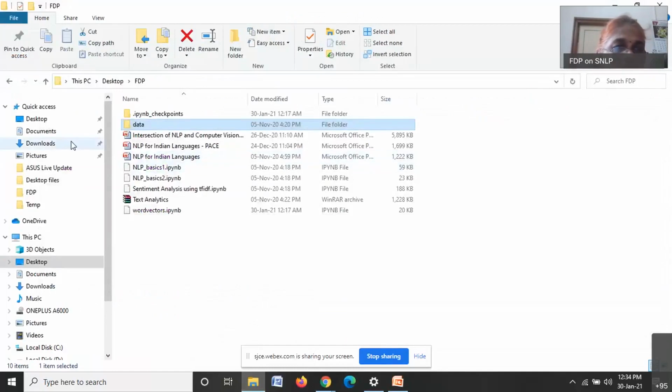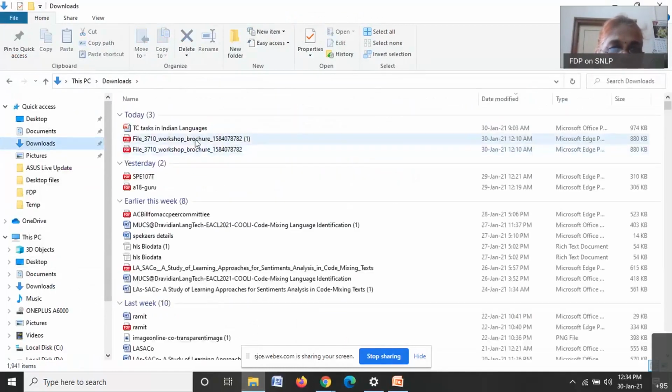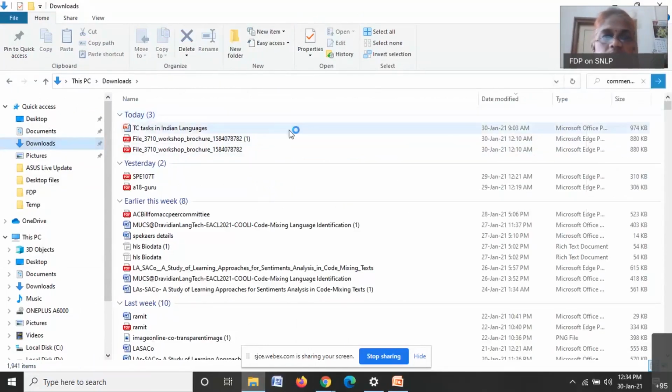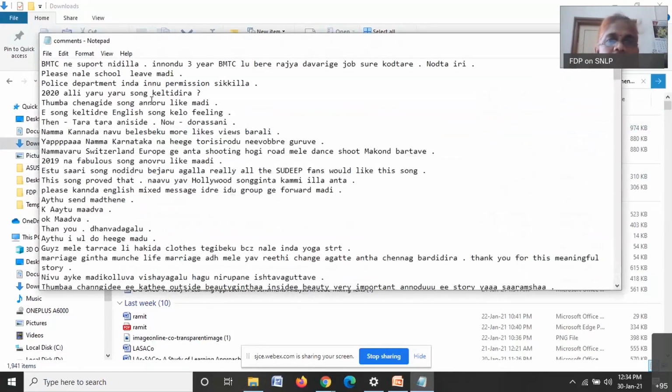The text that I have here is like this. These are the comments. I have two types of text here. Can you make out the comments?